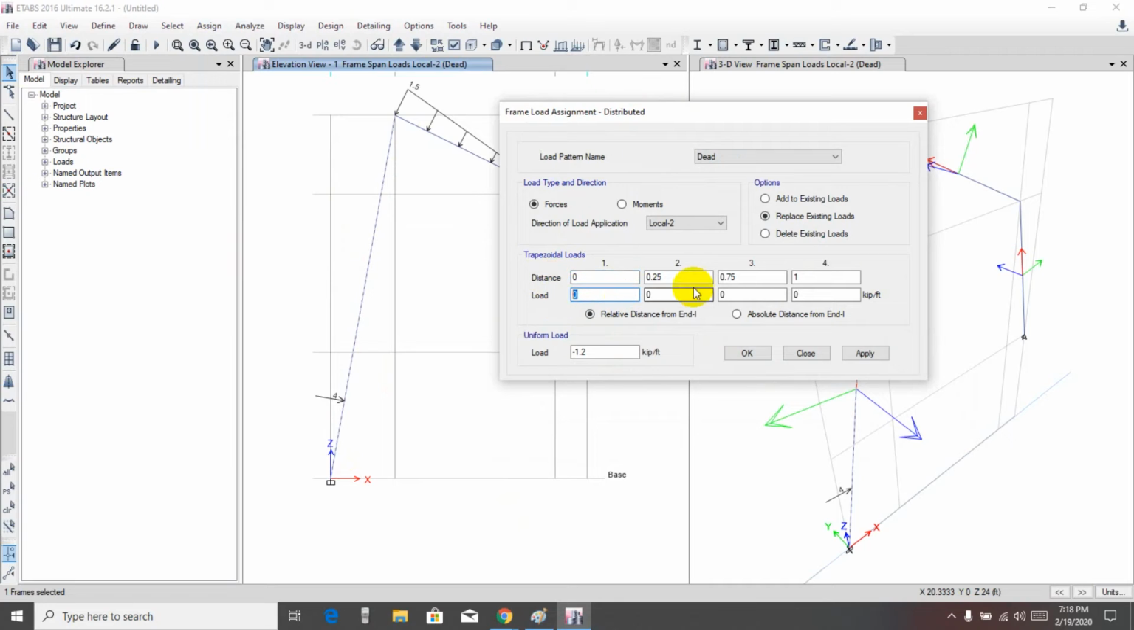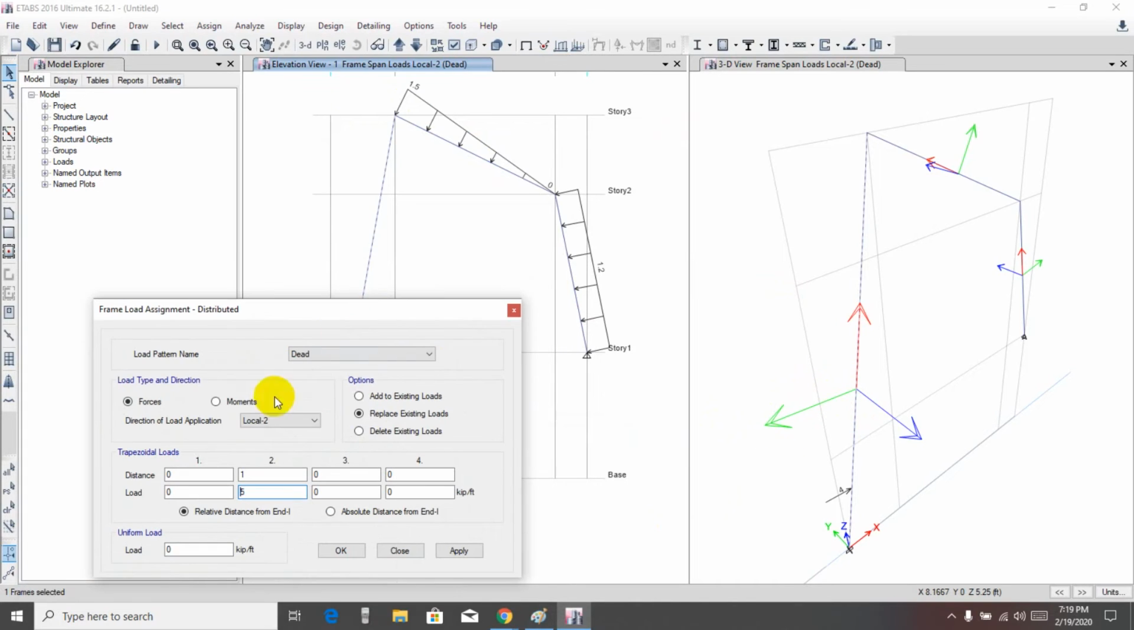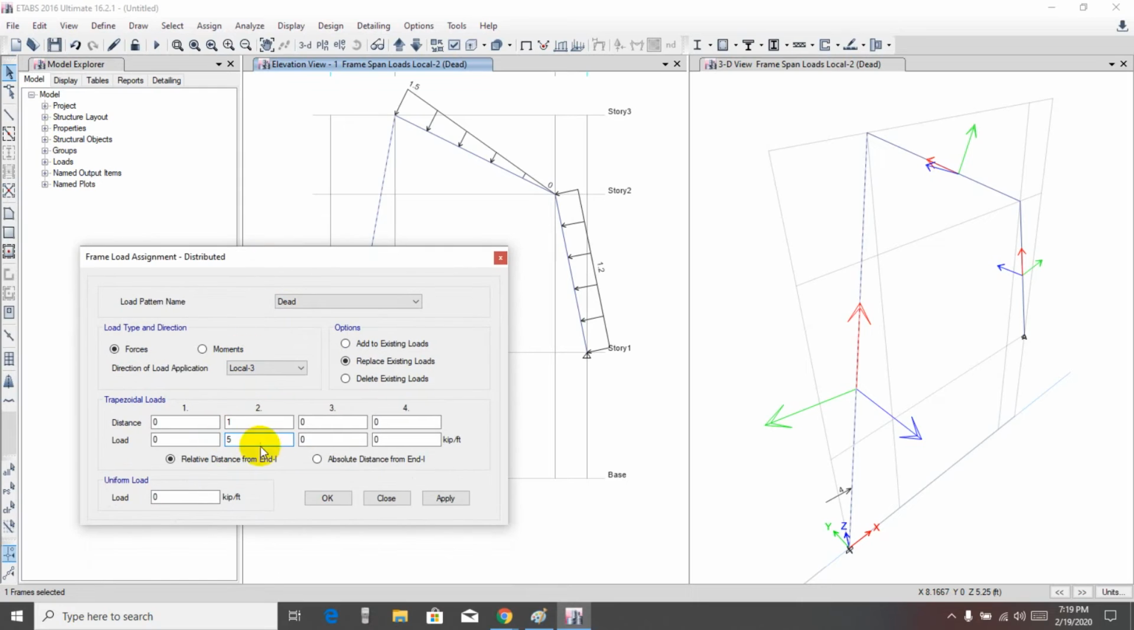Then at 0 it's 0, and at 1, before that we have to delete that, and at 1 our load is, suppose, 5. Make the others 0 and also make it 0. Here we are also seeing that this is the opposite direction of the green axis, I mean local axis 2. Then we have to select local axis 2 first, and obviously it should be minus, because when it is plus, if we apply